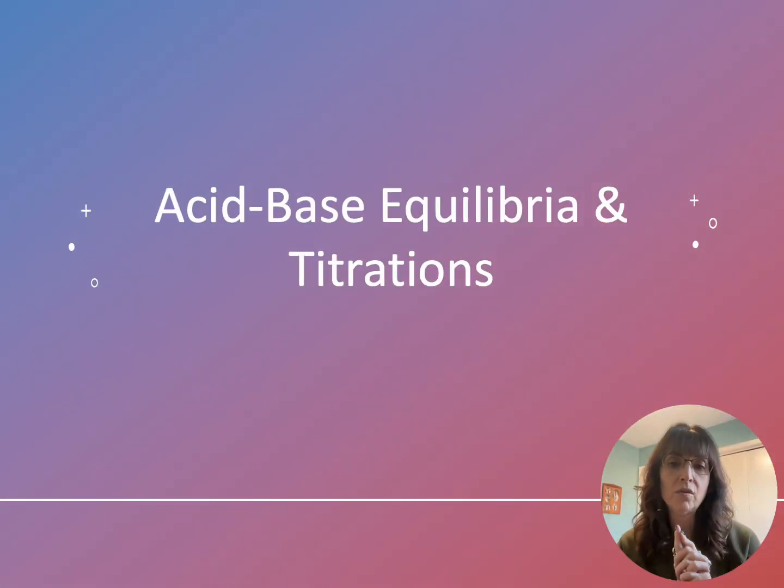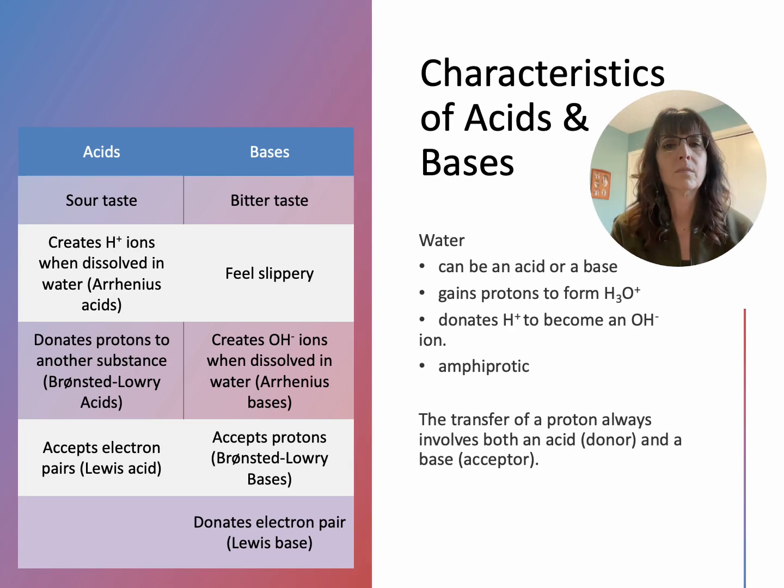In the first part of this unit, we learned about Le Chatelier's principle and just basic stuff about equilibrium. Well, now we're going to apply that to acids and bases and titrations. We reviewed acids and bases earlier in the year, so let's just do a quick review of characteristics of acids